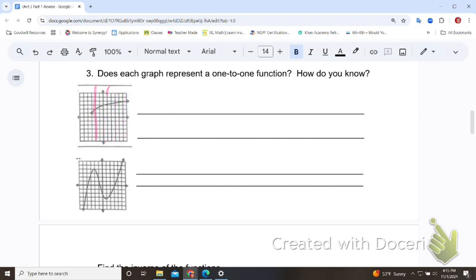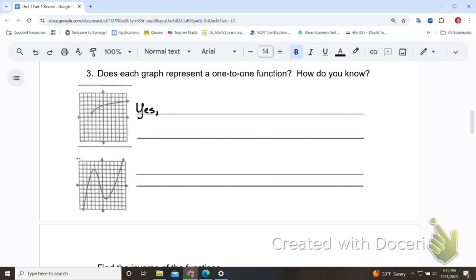vertical lines, if a vertical line that moves across only touches one place at a time, which it does, it passes the vertical line test. And then what you would want to do next is keep in mind if the x's and y's were switched, it turns it kind of on its side, so to speak. And so now we would want it to also pass the horizontal line test. So now we go across this way, and again, nothing should be the same. It should only be touching one place at a time. In this case, it passes both,